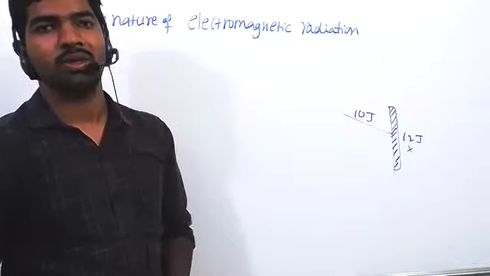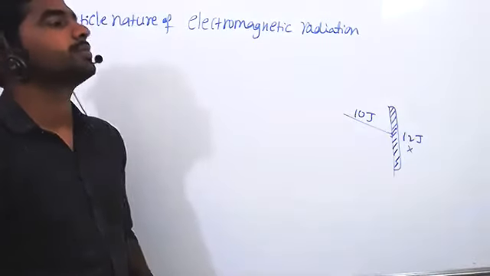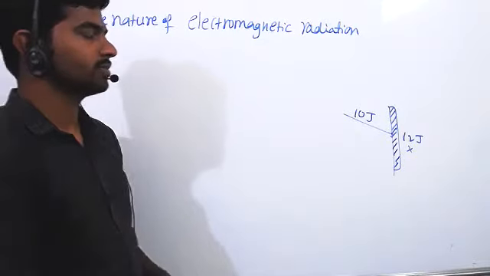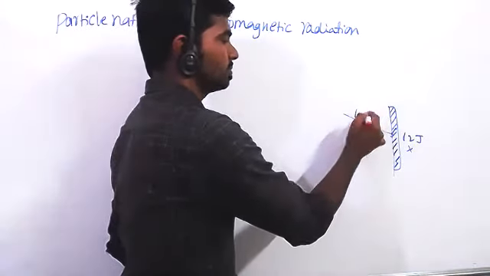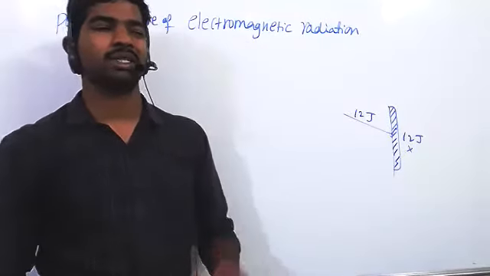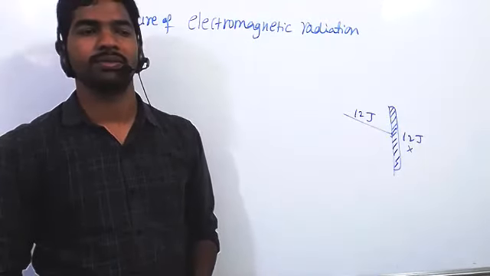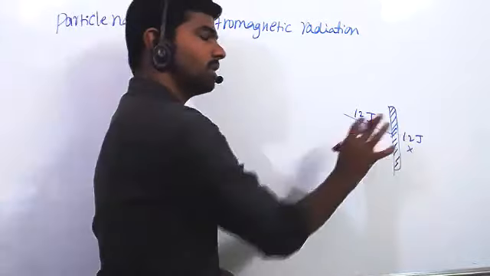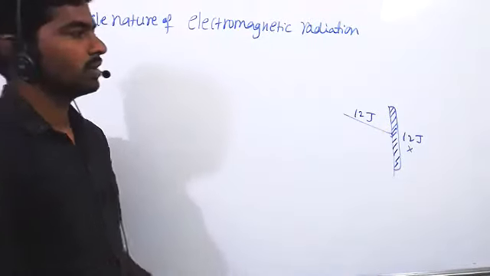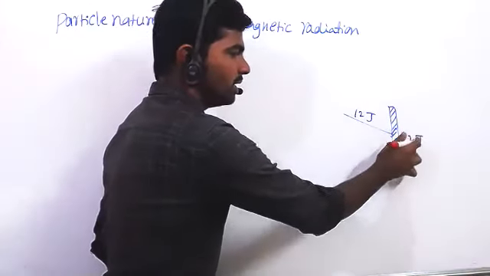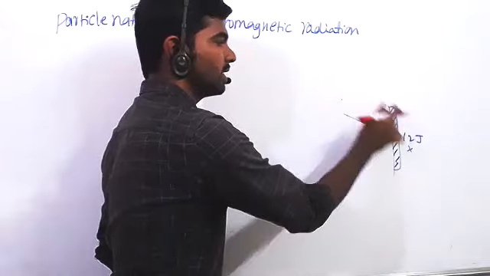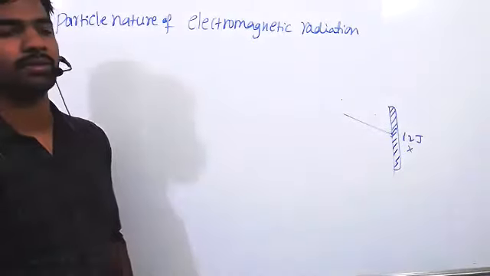Otherwise, no. Even if the radiation energy is 12 joules and the metal holds 12 joules, photoelectrons are still ejected, but their kinetic energy we take as 0. So if both are equal, electrons are ejected with zero kinetic energy. To give the electron kinetic energy, we have to supply more energy. That's why the incident radiation energy must be higher than the work function.